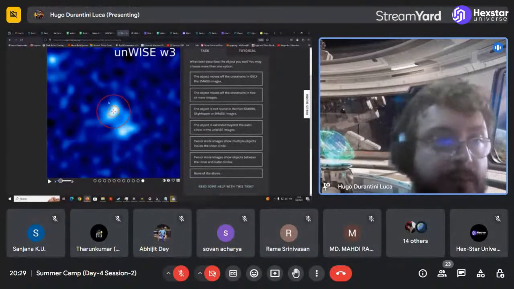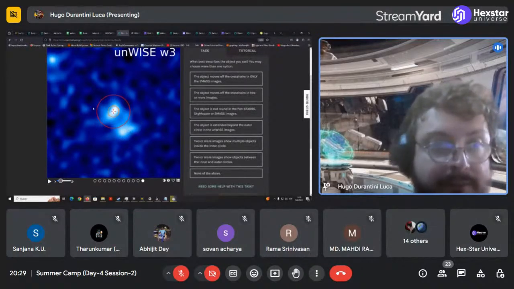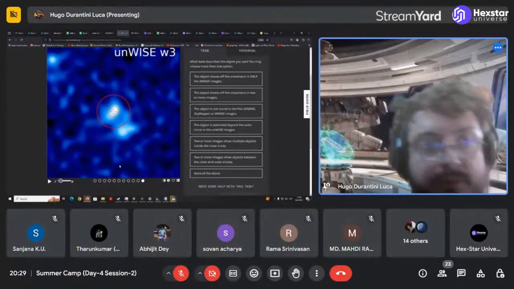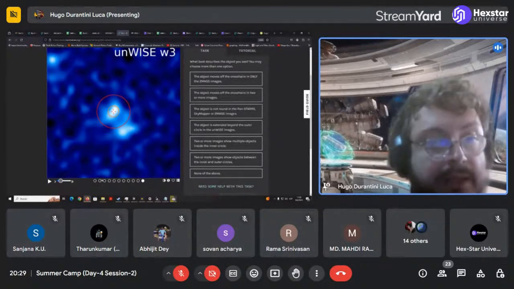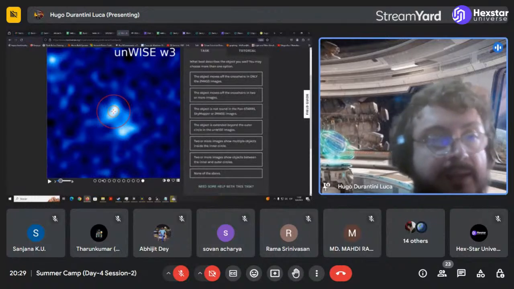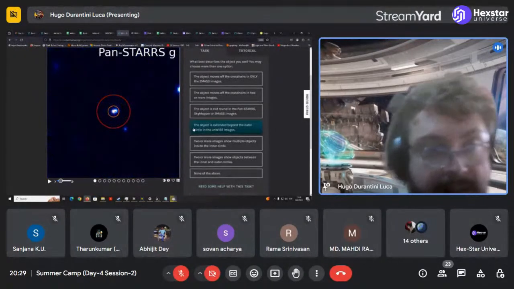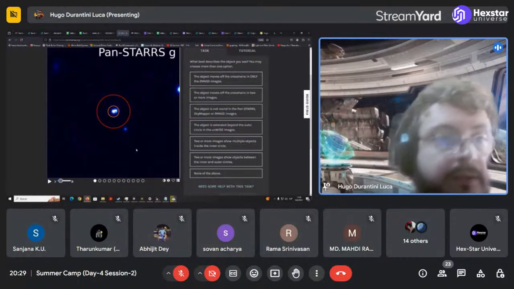For example, a computer is not going to be able to tell for sure if this is a good candidate or a bad one, maybe with only the shape. You need to feed them with a lot more parameters. So in this Backyard Worlds detective, our approach was to combine this WISE data with optical data of the same object from different telescopes.